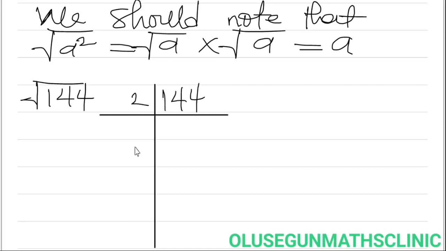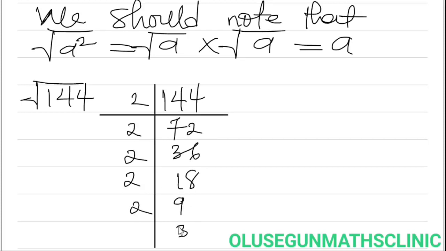144, let's say 2. 2 in 144, we have 72. 2 in 72, we have 36. 2 in 36, we have 18. 2 in 18, we have 9. 2 in 9, we have 3. 3 in 3, we have 1. So now, the factors of 144,